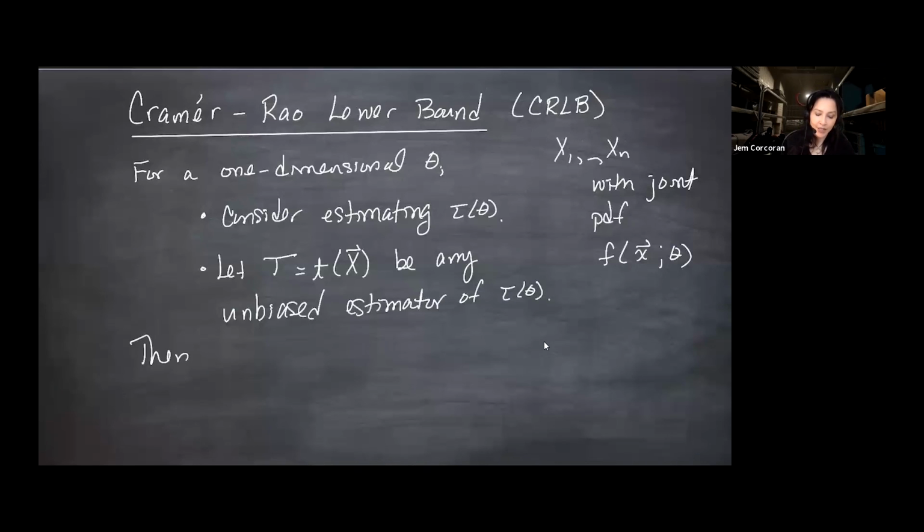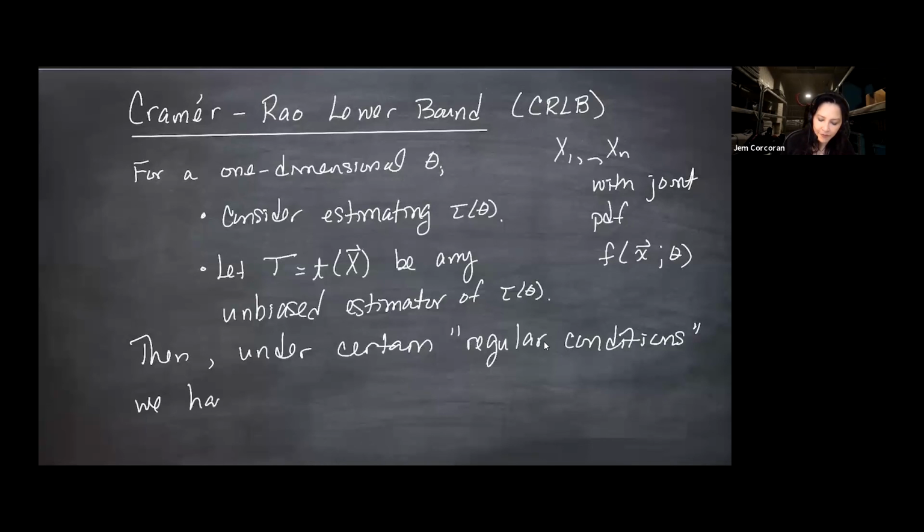Then here is the punchline. So under certain regularity conditions, which we will uncover as we prove this, rather than prove the conditions, I'm going to go through the proof and say, well, if we could do this, then we could say this, and we'll figure out what those conditions are. And they are conditions. When you see regularity conditions, it's really a more mathy way to say that things are nice. So under certain regularity conditions that we will explicitly write out,